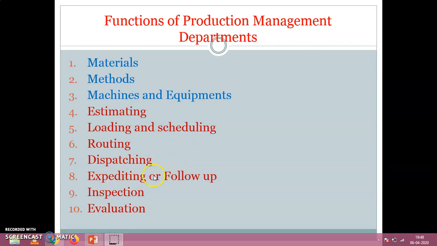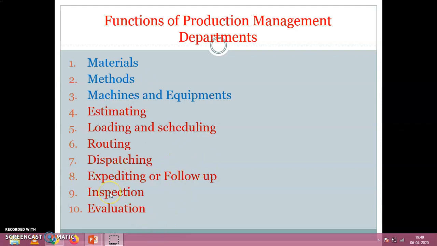Next phase is expediting or follow-up. Simply, follow-up is tracking progress of work by removing bottlenecks in the operations. So what are bottlenecks? Bottlenecks are generally high density of production. We have to assign extra labor, extra machines, so that the density or bottleneck of production can be eliminated and flow of production happens smoothly. So this is follow-up. Another important function of follow-up is to ensure production activities are happening in accordance with the production plan which is made earlier. Right. So this is the follow-up.